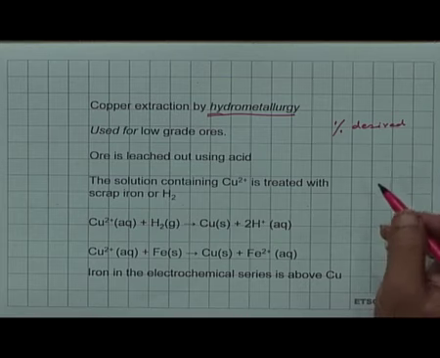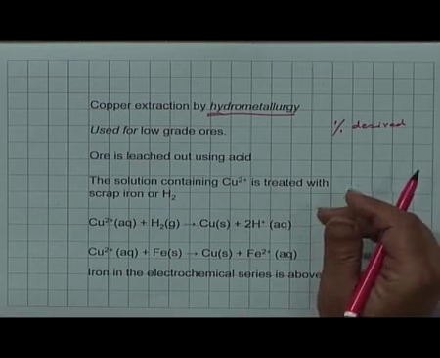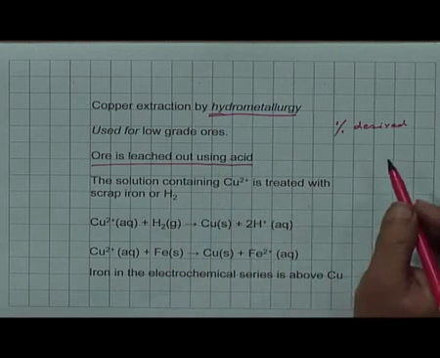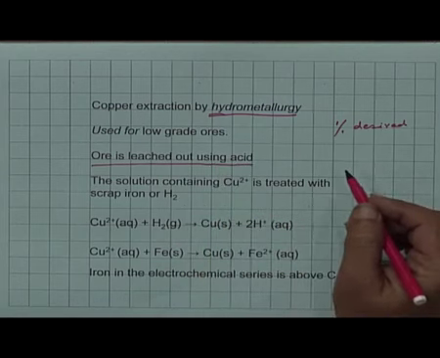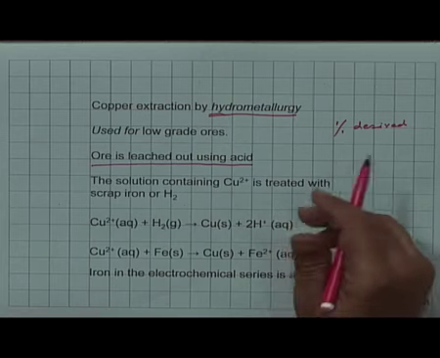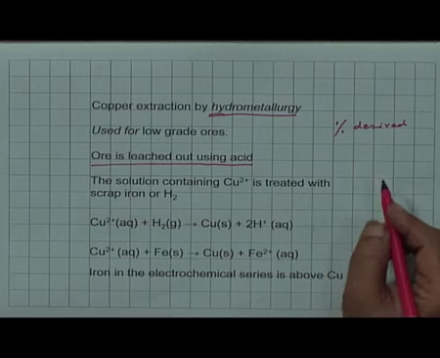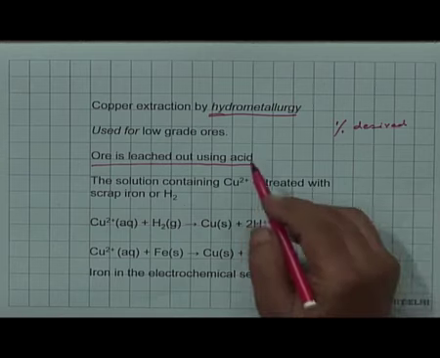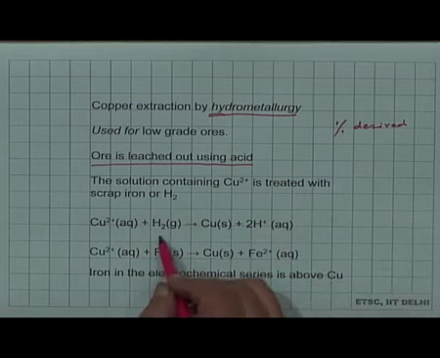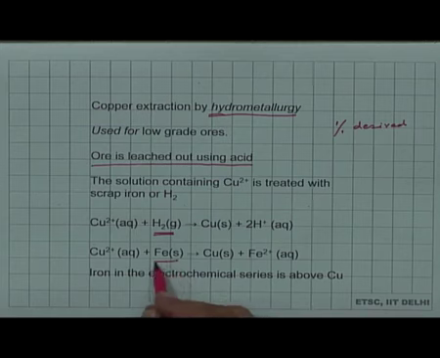A low grade ore of copper will have a lower percentage of copper than good ores. In such cases, first you have to concentrate the ore, and for concentration the ore is leached out with acid. What is leaching out? It is continuously treated with acid, so that in the form of a salt the metal passes into solution. Now, when the solution is enriched with copper, the copper can be reduced with the help of hydrogen directly, or